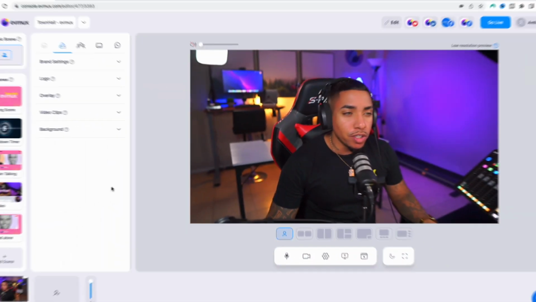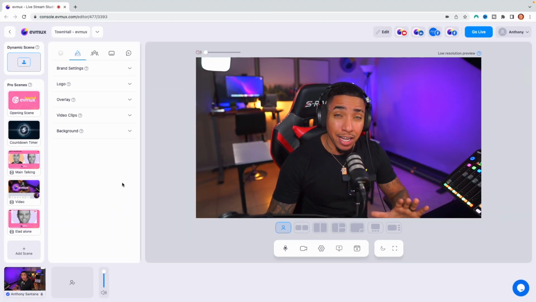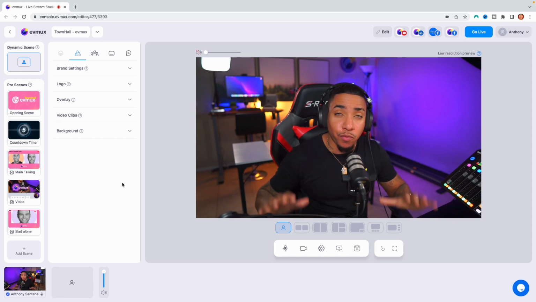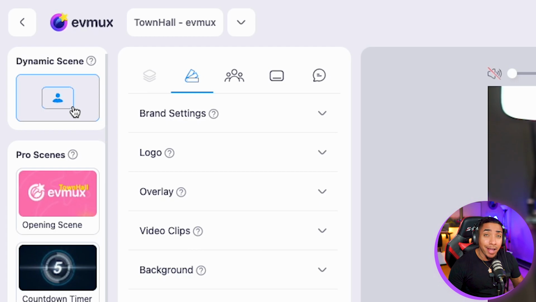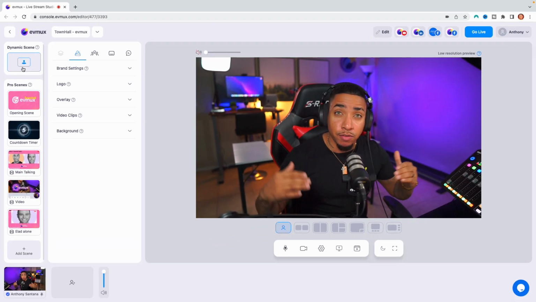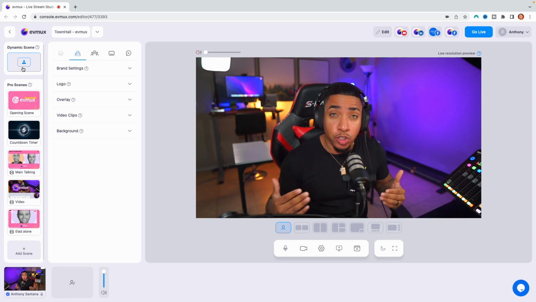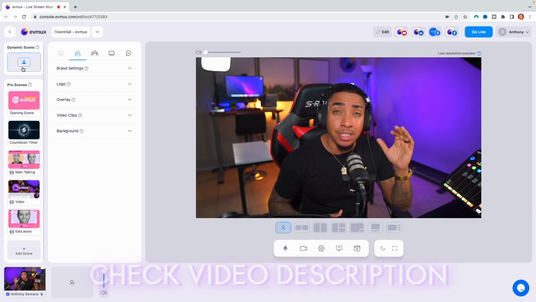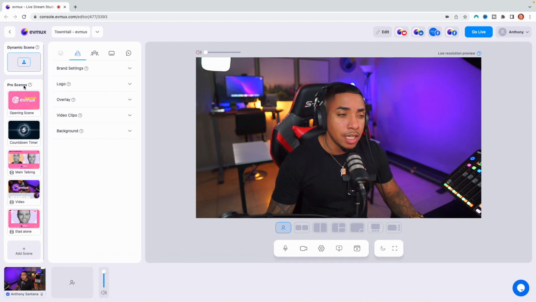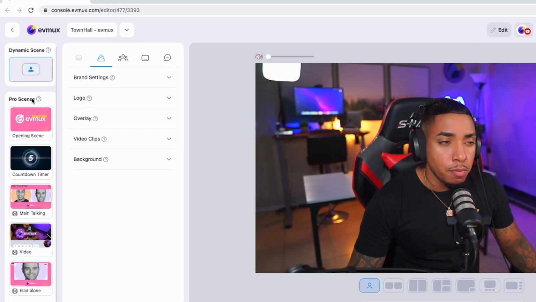So once you're inside of your Evmux editor, this is where you're going to manage everything for your podcast. Now you'll see here on the left-hand side that you're going to have access to something called dynamic scenes and pro scenes. If you want to know the difference between the two and when to use which one, in the description of this video, I'll put a link to a tutorial teaching you the difference between dynamic and pro scenes. But really quick to give you a run through, pro scenes is what you're going to